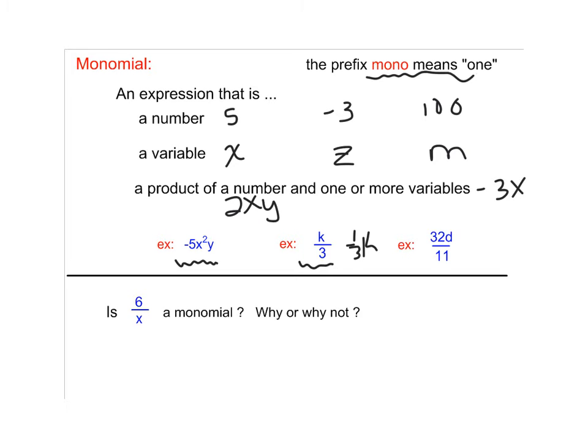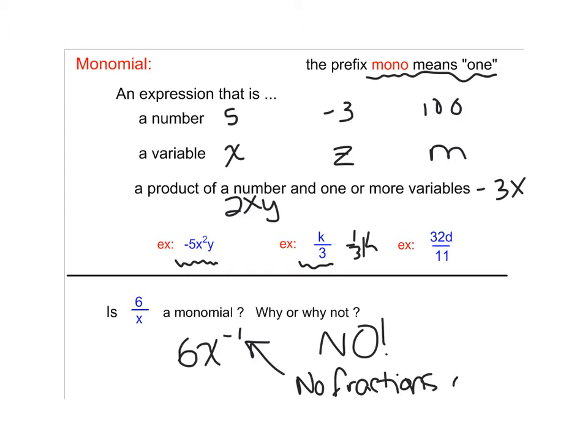Remember that mono means one, and what it's referring to is one term, and we've used that word term a lot. So my question is, is 6 over x a monomial? At first thought, you guys might look at that and say, yeah, it's a monomial, it only has one term. But in reality, if we take our knowledge of the last unit and we write this as 6x to the negative first power, it is not a monomial, so it is a no. And it's because for polynomials you cannot have fractions or exponents,